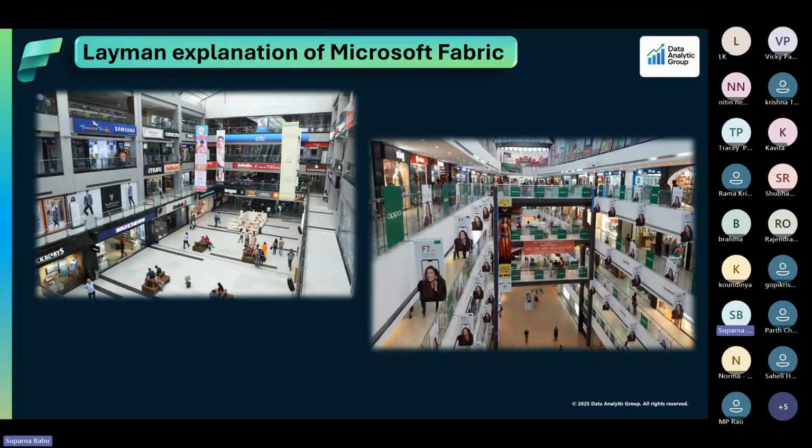So I have to go to three places. Instead, if I go to the mall, I will get everything in one place. Obviously the price is more compared to the individual shops, that I agree. But I will get all the items at a single place, and I will save my time.